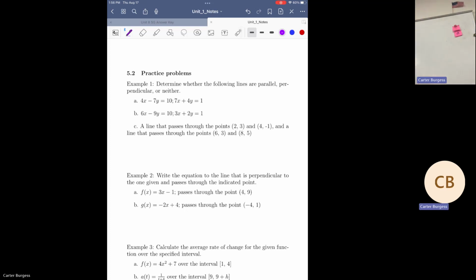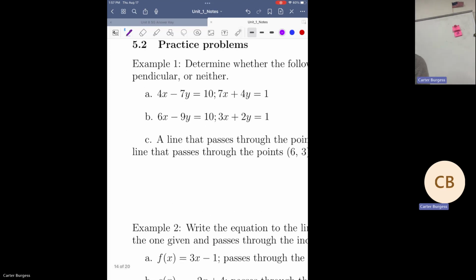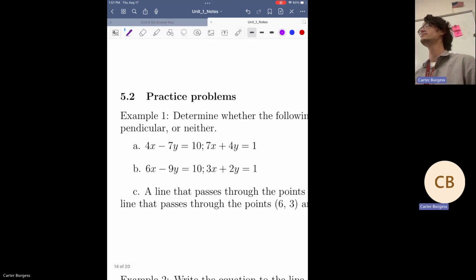The main problem being that if we are given lines in standard form like this, it is not readily apparent what the slopes of those lines are going to be. We have to do a little bit of work in order to figure that out. So what kind of work do I have to do to this in order to figure out what the slopes of these lines are going to be? How would you find the slopes for, say, what we have for example A? Solve for y. If we solve for y, and this is in fact a line, we'll probably end up with something like y equals mx plus b, and then we will be able to very clearly see what the